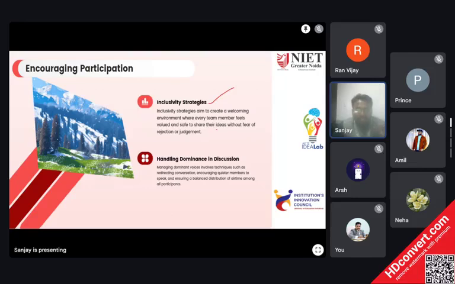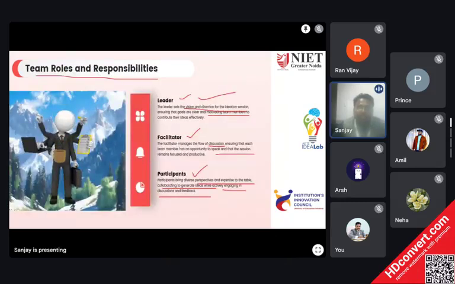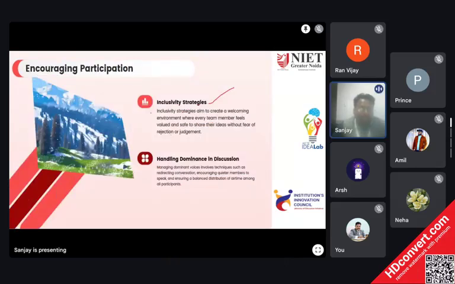If any person in any region cannot give their suggestion or idea, or hesitates to speak up, then the facilitator and leader can create an environment so that each and every person can give their idea and suggestion without fear, rejection, or judgment. That is inclusivity. Each and every member is important for that particular problem solving and ideation